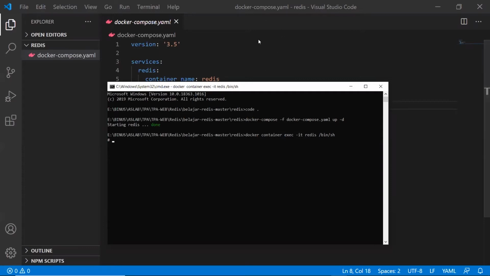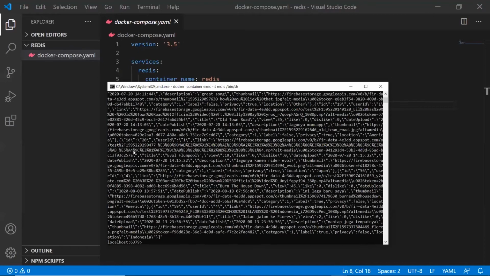After this, we can open our Redis CLI with the command redis-cli -h, and then we tell it what application we are using that has a Redis service. For example, www.example.com, but I host this Redis application on localhost, so I only call localhost. Now we got localhost:6379. Now we can interact with our Redis just like this: music, and then blah blah blah.